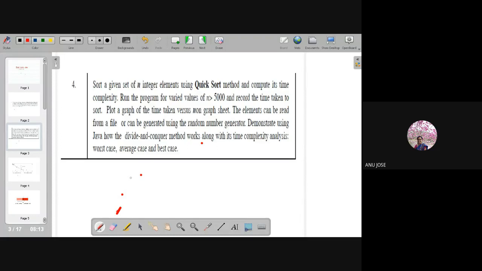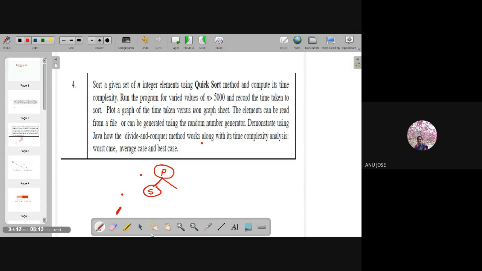So what the divide and conquer strategy is telling is, if you are having a bigger problem, this is the bigger problem we are having. What we are doing is, the bigger problem will be divided into smaller sub-problems. So I can just write it like P1, P2 and then P3, like that I am having multiple problems.